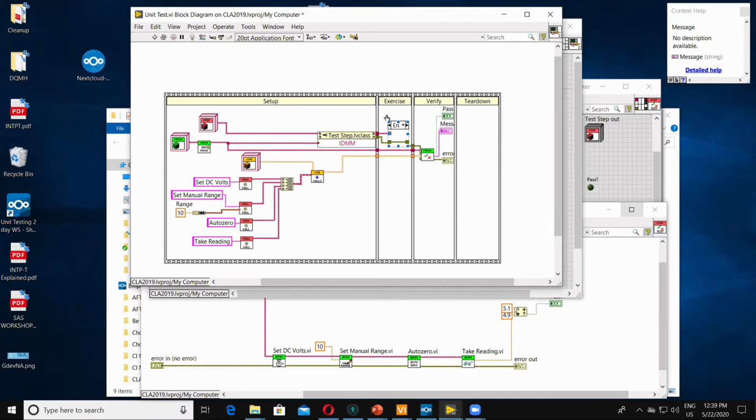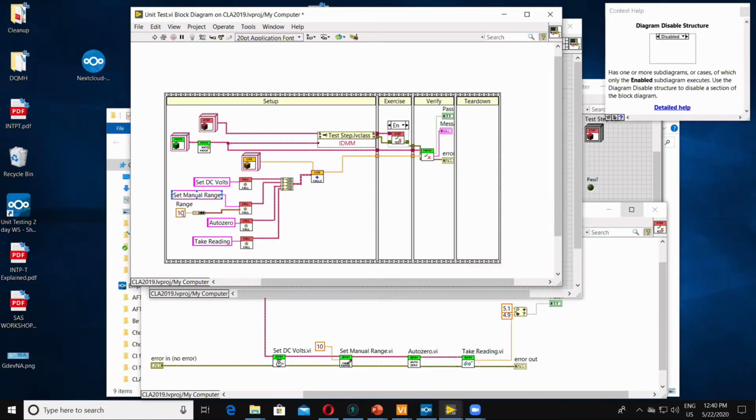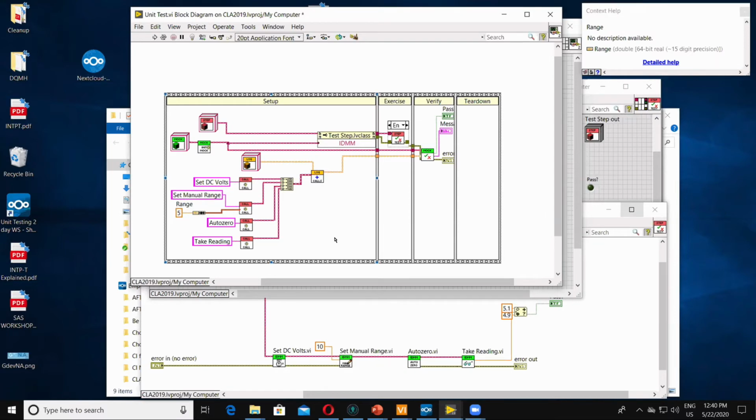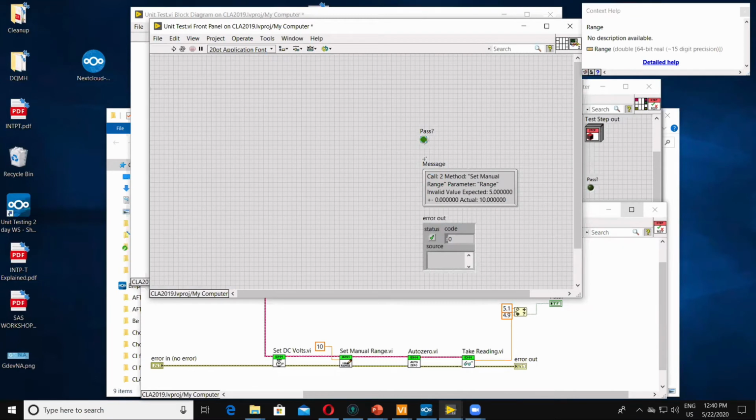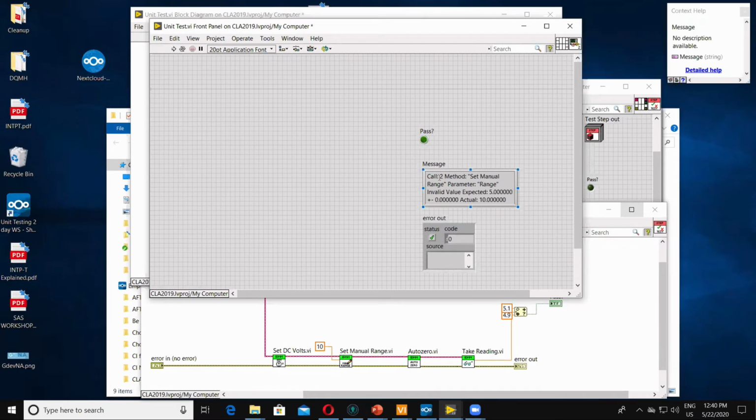Show you a few other features. So now if I say I wanted the range to be 5, right here it's setting the range to 10. When I run this, it failed, and it says it failed because call number 2, method set manual range, the parameter range, it expected 5 plus or minus 0, and the actual was 10.